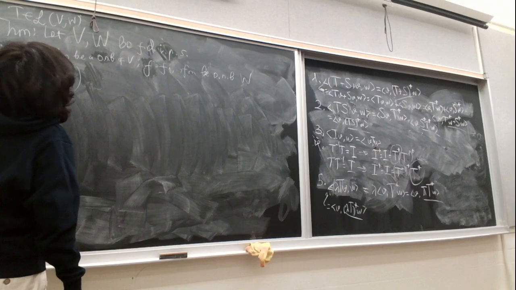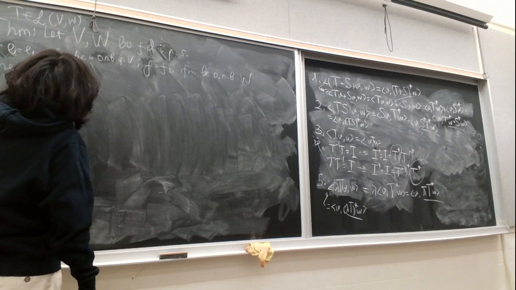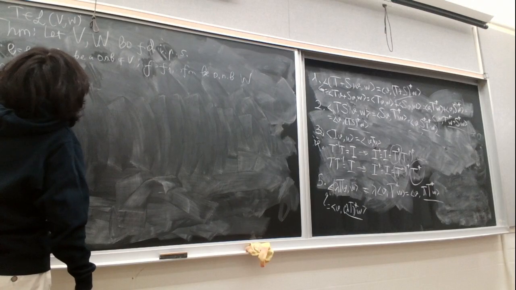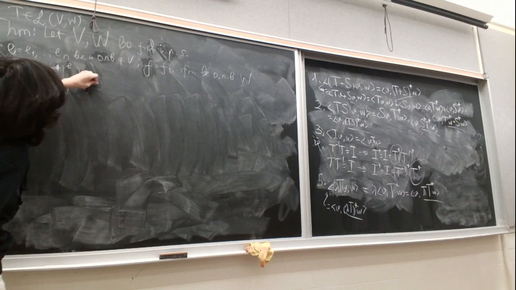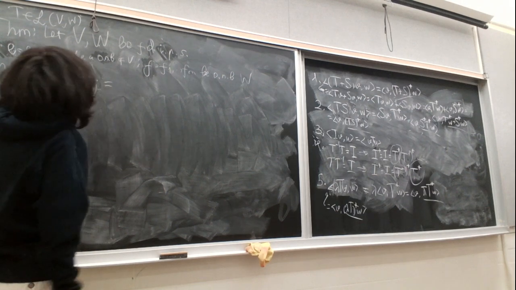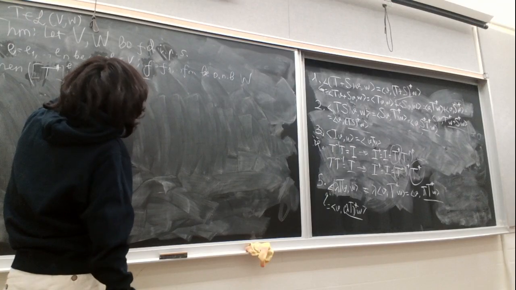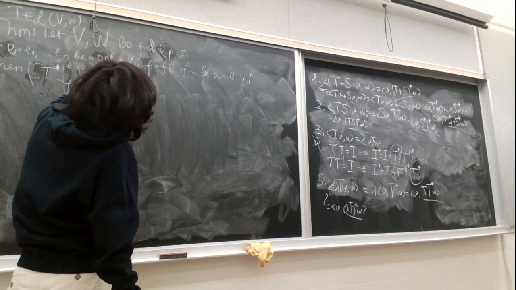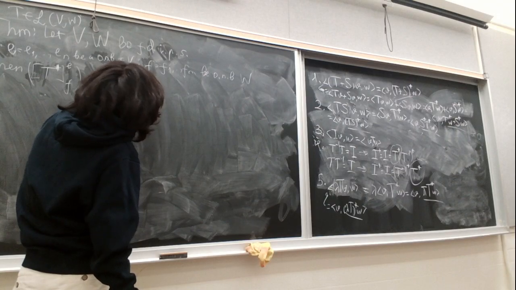Let's write it like this. So we take the matrix of T dagger with respect to these two bases. And the adjoint of this matrix is going to be equal to the transpose of the ji entry of